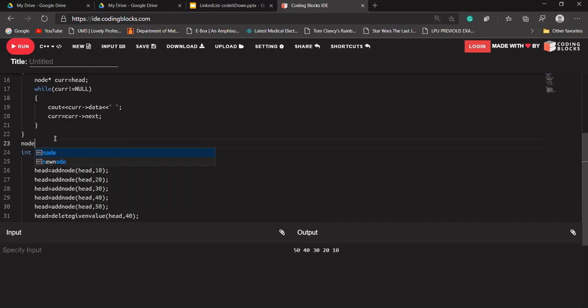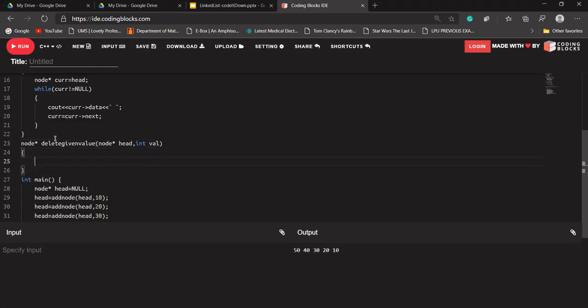Let's quickly design the function for it. Delete given value, node star head as well as integer value. Okay. So let me first check whether there's something present in our linked list or not.